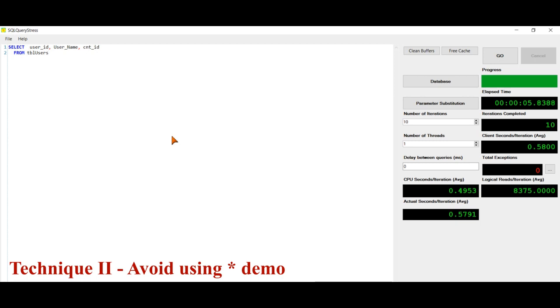Now when I run the same query, just a minor change, instead of star, I have given the column names. You can see the time taken is reduced to 5.83 seconds. So this is the difference which it makes, just a minor difference. Instead of using star, I have mentioned over here the column names.